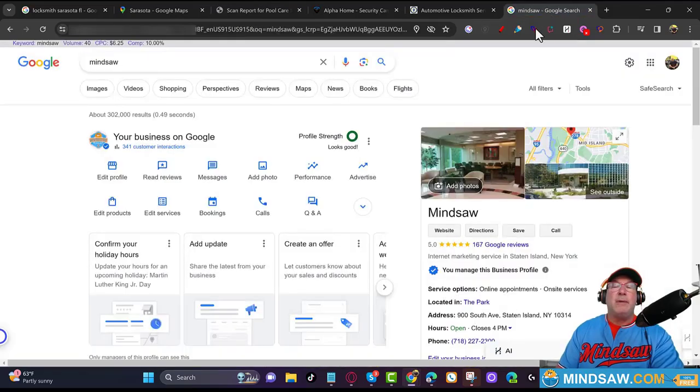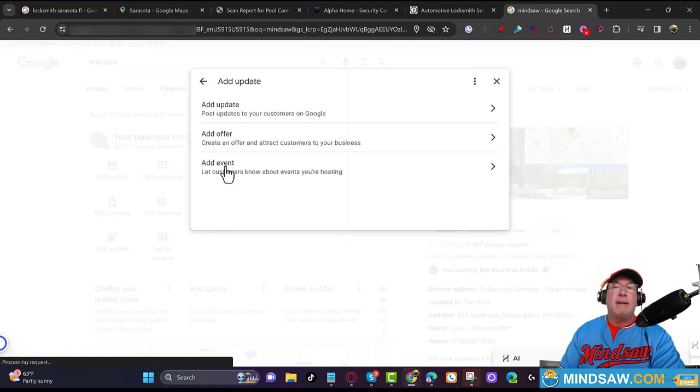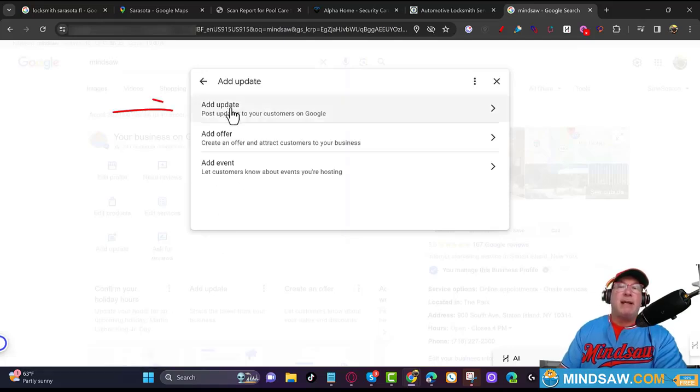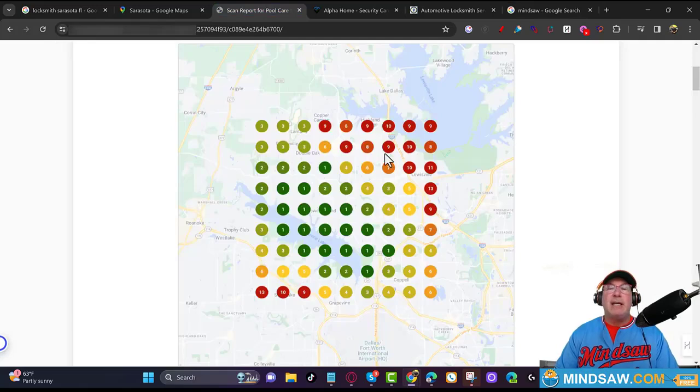The next thing you want to do is go into your Google Business Profile, right? Click this area right here called Add Update. You see where it says Add an Update up on top? You want to put a description of different areas on Google where you're not ranking, and talk about the jobs that you're doing in that area. So once again, the only way to check is to do a grid report and see